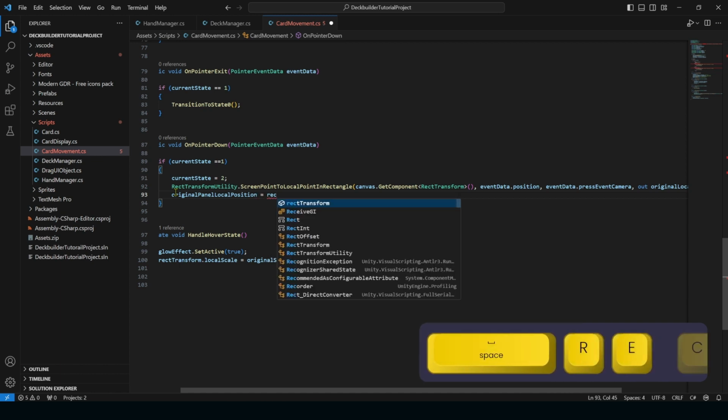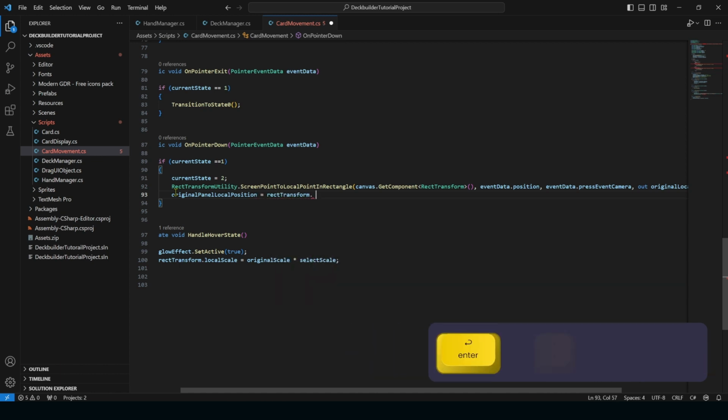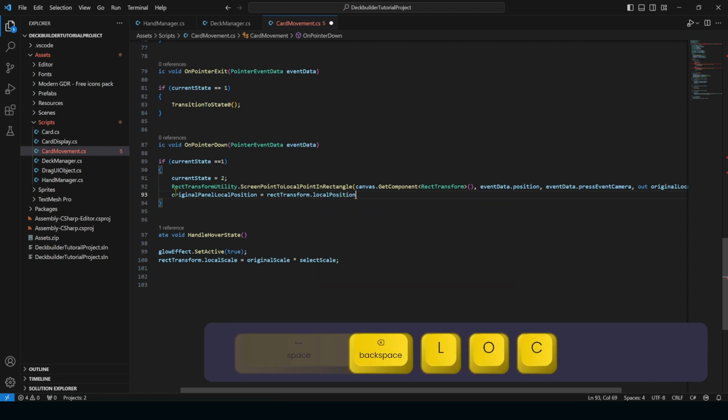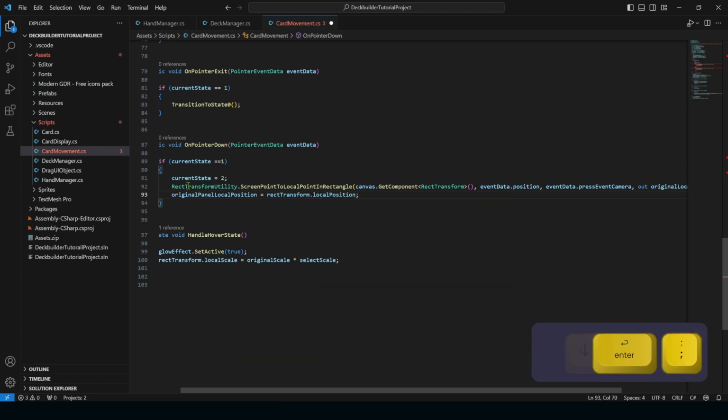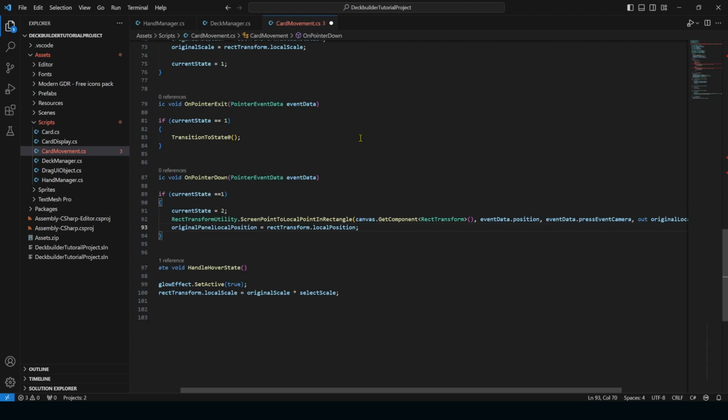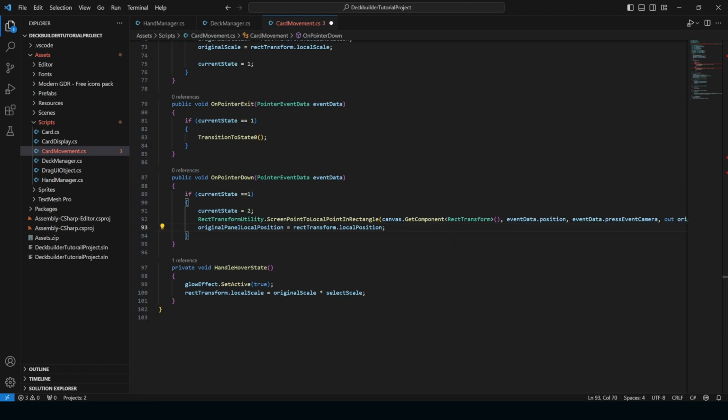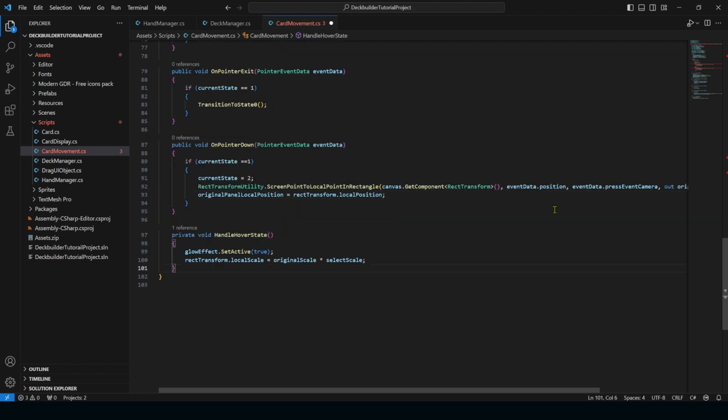We set that equal to rectTransform.localPosition. All right, so after we do all of that, we now want to set our